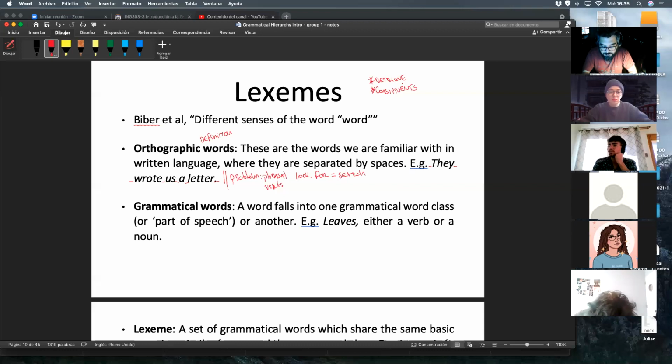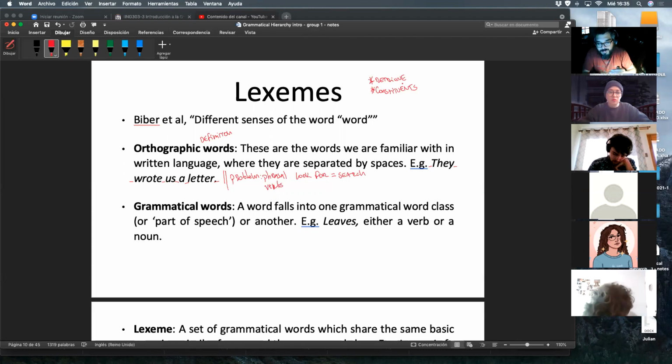The problem is the fact that within the English language, we have certain linguistic items which are composed by more than one written symbol. That is to say, for example, phrasal verbs, right? A phrasal verb is a linguistic item which is composed of at least two different items, whose meaning cannot be retrieved out of its constituents, right? So, for example, the phrasal verb look for does not mean look for. It means search,